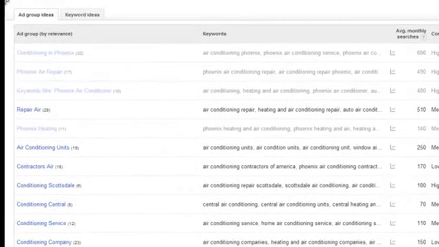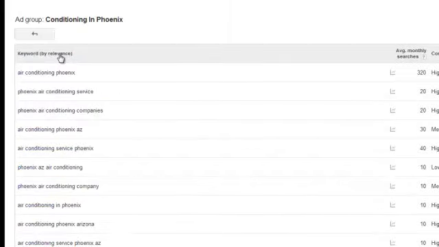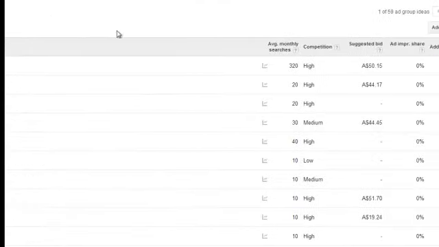So we've gone in here, and we've got some categories that are around air conditioning in Phoenix. I'm just going to pop in there and have a look. Okay, so we can see a search term like air conditioning in Phoenix. There are 320 monthly searches, which is not too bad. I want to go over to this side of the page here. We've got very high, or high competition I should say,